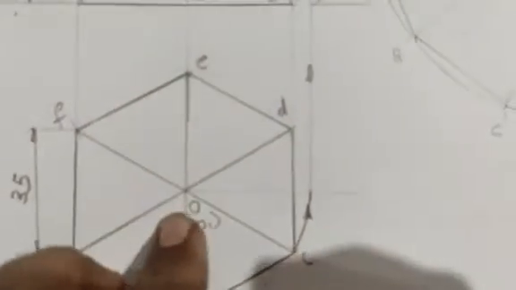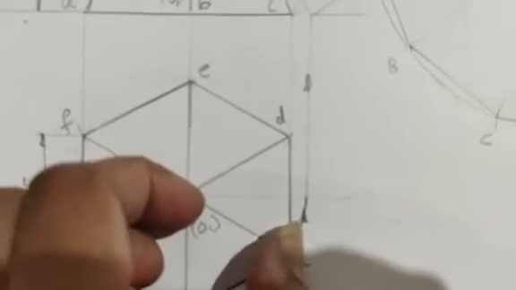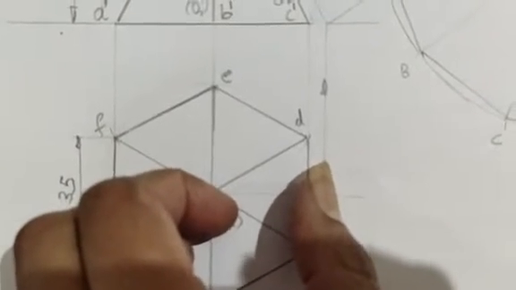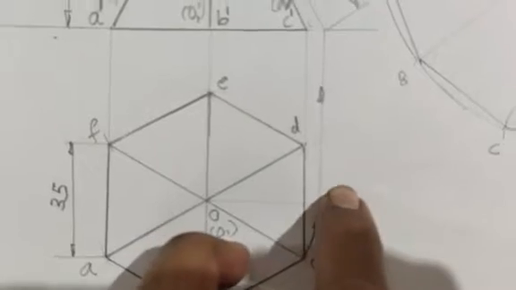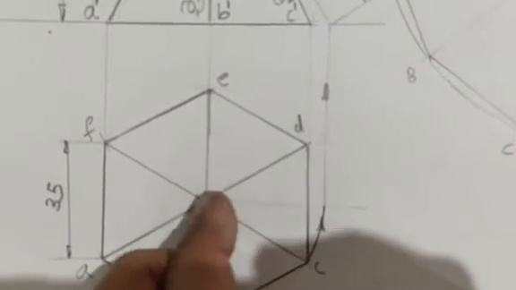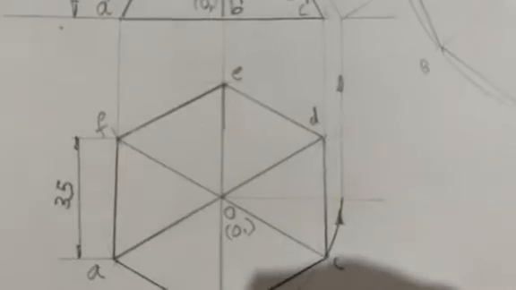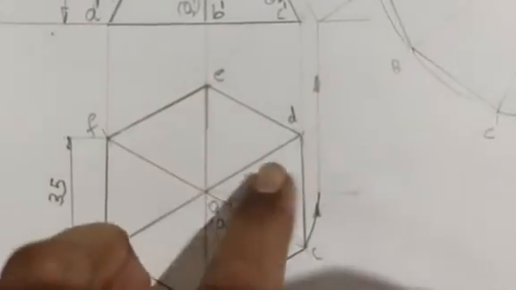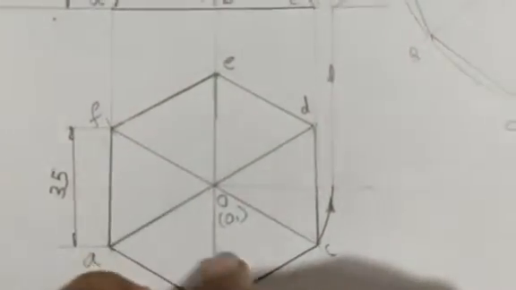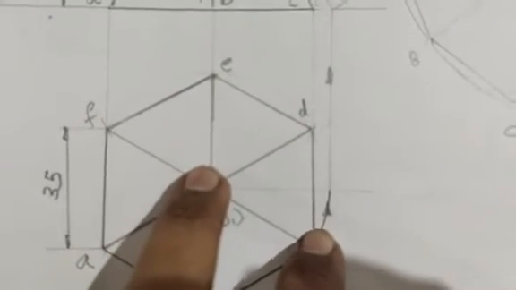So what should I do here? Say consider this edge OC. Imagine that you have rotated it till it becomes parallel to the vertical plane, like this. So now this line is the new OC line here, and it is parallel to the vertical plane. Is it simple? What you have done, if none of the edges are parallel to the vertical plane, you take one of the edges, OC here, draw an arc